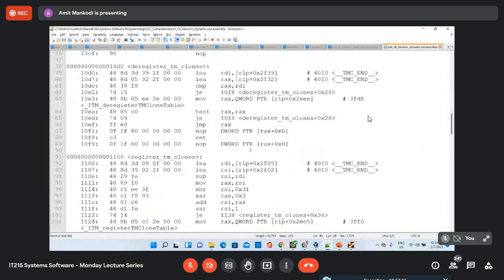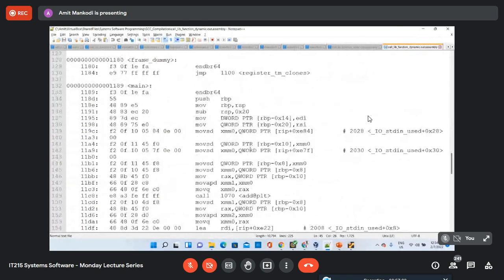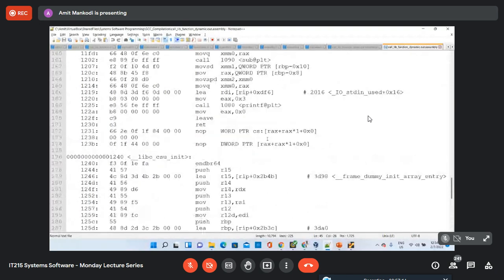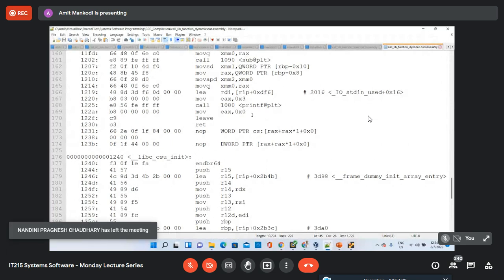But in your static one, basically it is listing function by function, one after the other, and then it knew that there is a main function, then there is a call to these functions. So whenever it found out that the function code is to be included in the executable file, that is where it goes to the static library file and includes it. Therefore it is coming after the main function. But there is no specific reason why it would always do that. You could find sometimes that the function code is loaded earlier than the main function also. Okay, sir.